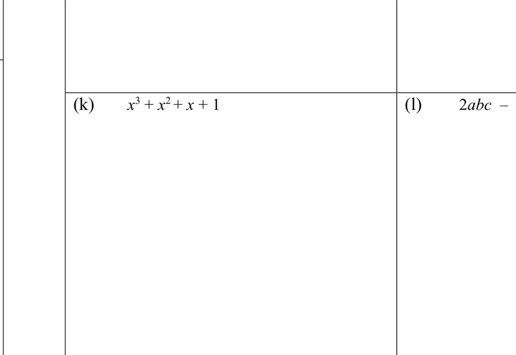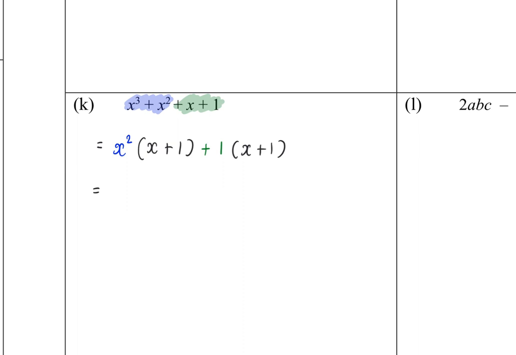Part K. Alright. So by now, once we have reached this particular part, you would be able to see that if I see the green group do not have any common factor, we could actually write as 1 times that whole group. Because I do see x power 2 as the common factor, and I'm left with x plus 1, and therefore here I'm going to write it as 1 times x plus 1,